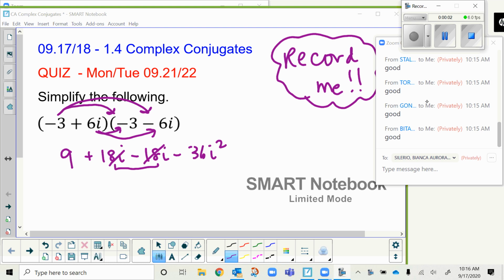So I FOILed to this step. The two middle terms with the i's canceled out because one was positive and one was negative. So then I have 9 here. This step right here,